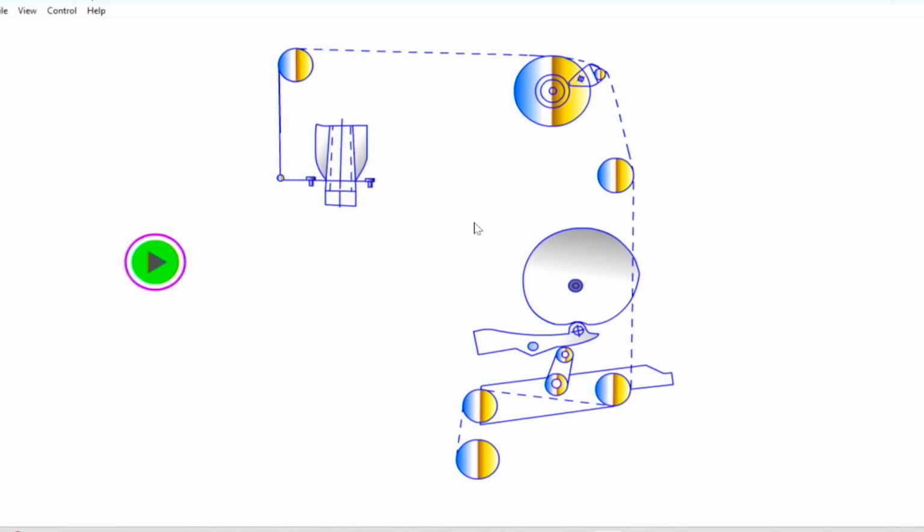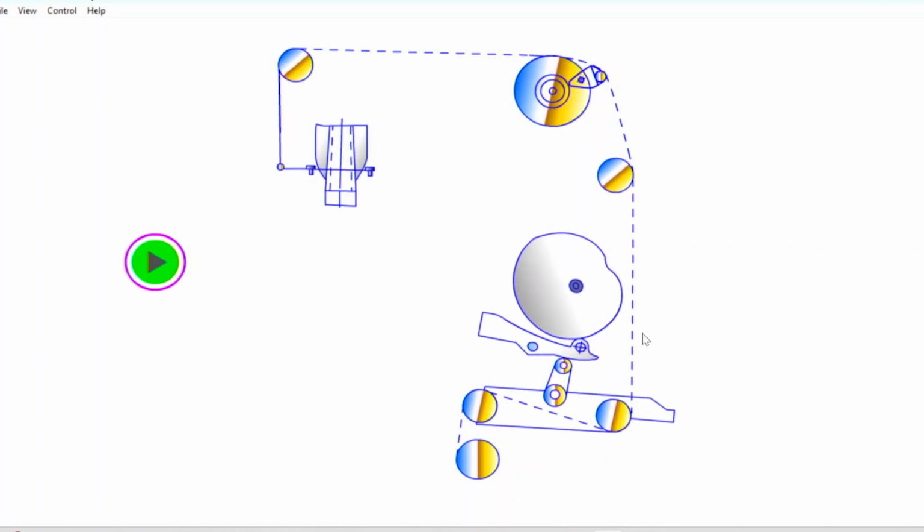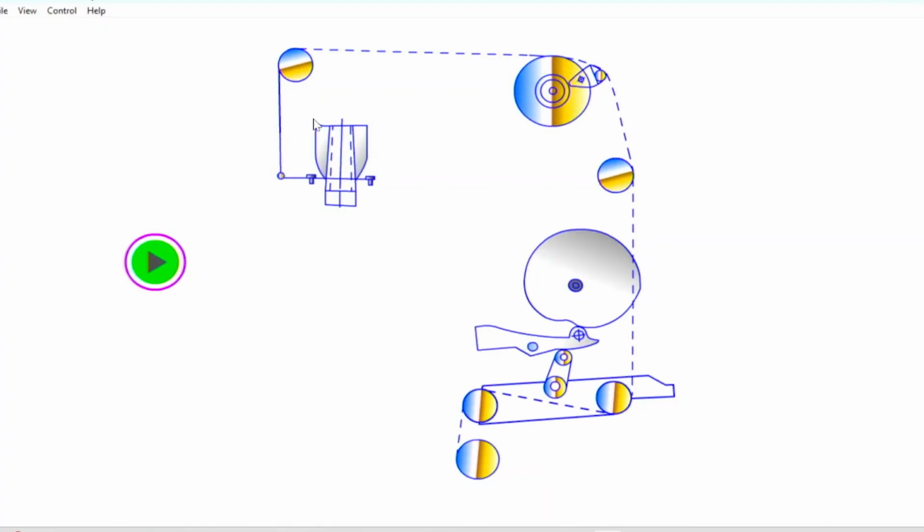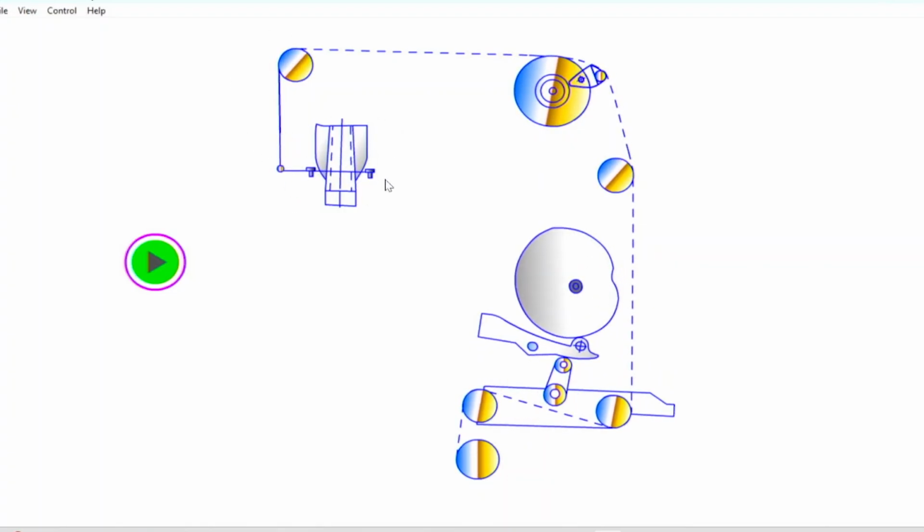Whatever the cam's profile, through the rope, the speed of the motion of the ring rail